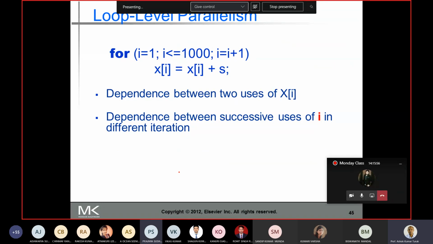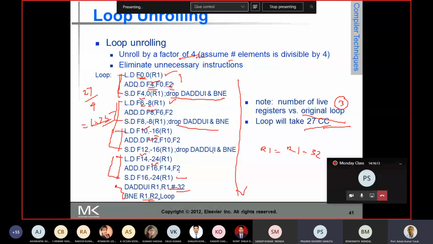Hello, sir. Yes. Hello. Yes. Sir, in the previous example, why did you take the loop unrolling factor as 4? Which one? Sir, in the example you just discussed, Right. Right. There, you took the so, unrolling as 4. Sir, why did so you do so?